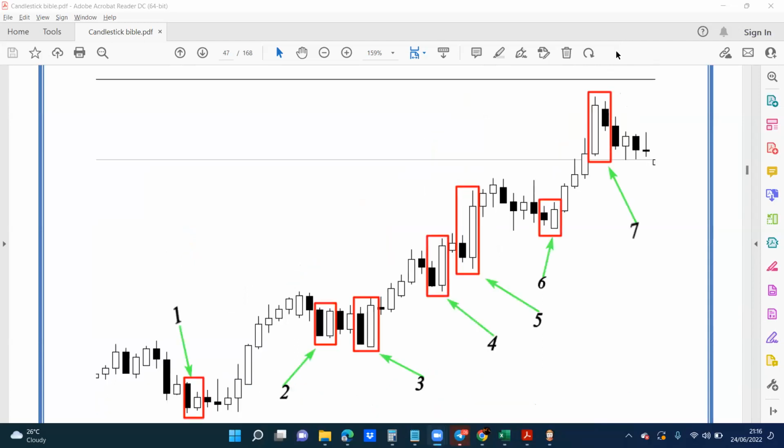Hey, what about number 7? What do you think we should call number 7? It looks like a bearish inside bar. It's an inside bar. Based on the entry techniques I gave us,